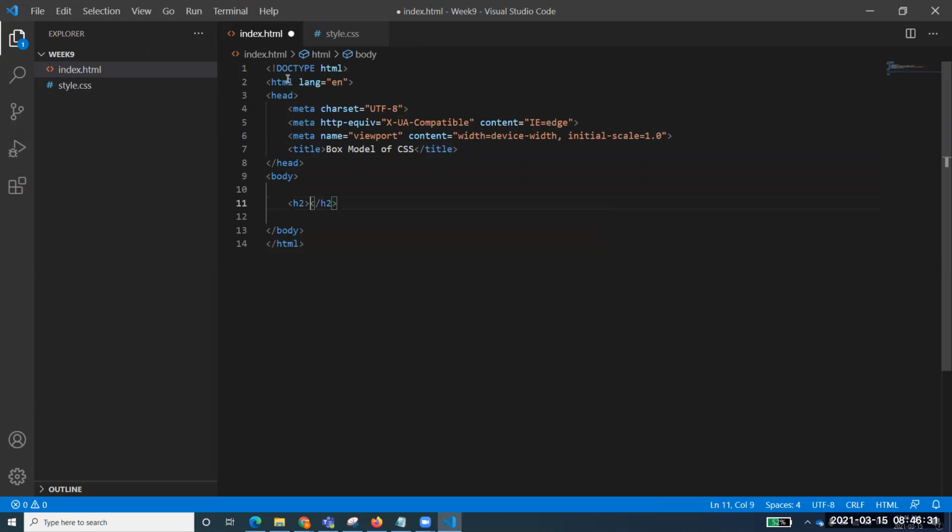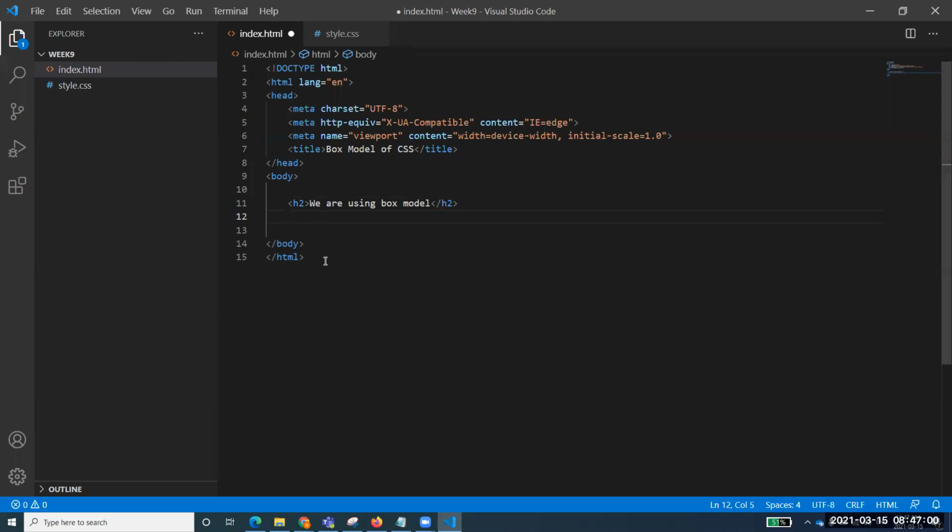So let's give it a heading. We are using box model, right? So we'll be talking about the box model today. And for that, what I need right now is that we are just creating one document that we will be working on. And that document we will be using for our practice purpose or whatever you call it. We'll be looking at it and trying to come up with different